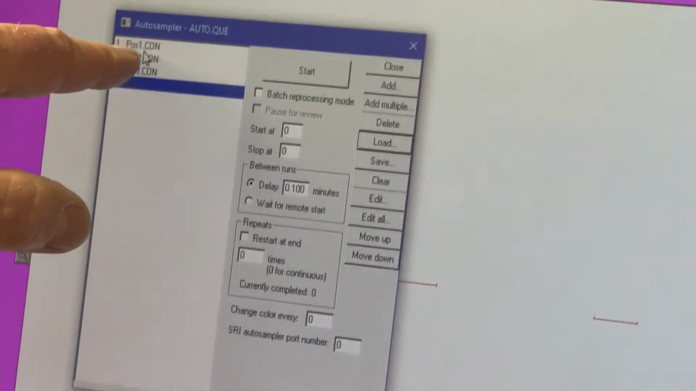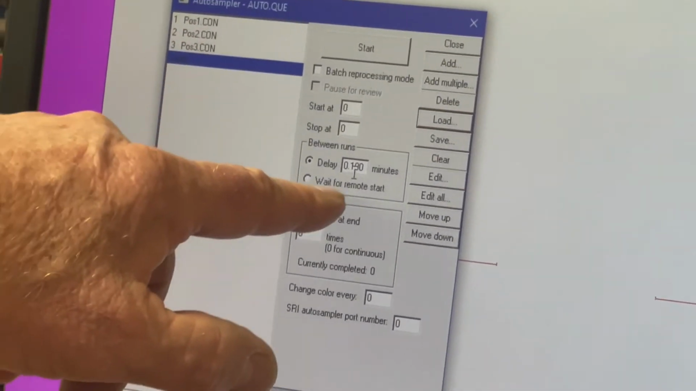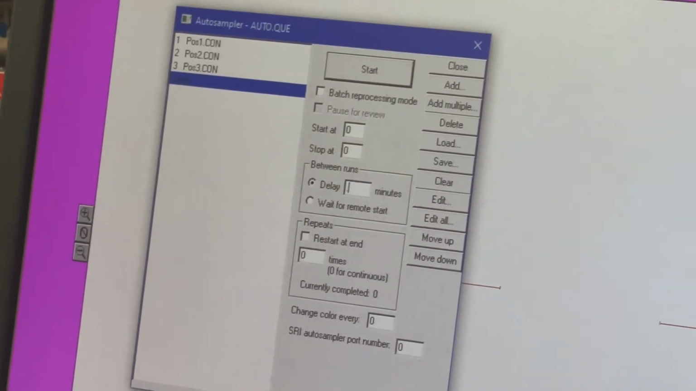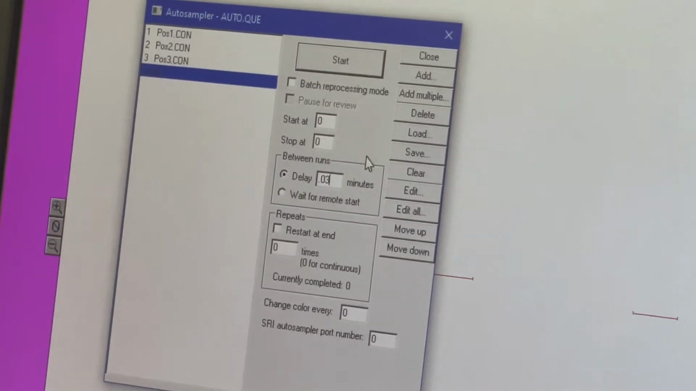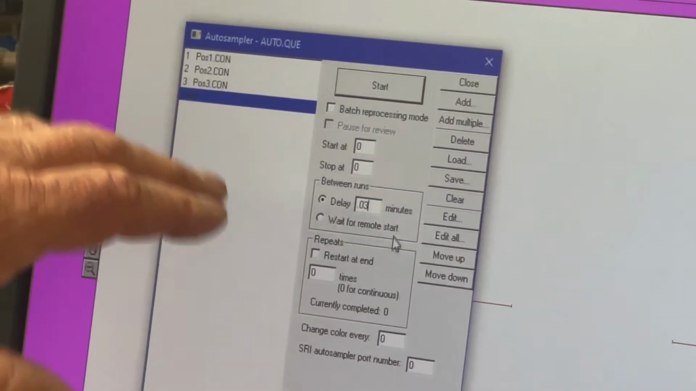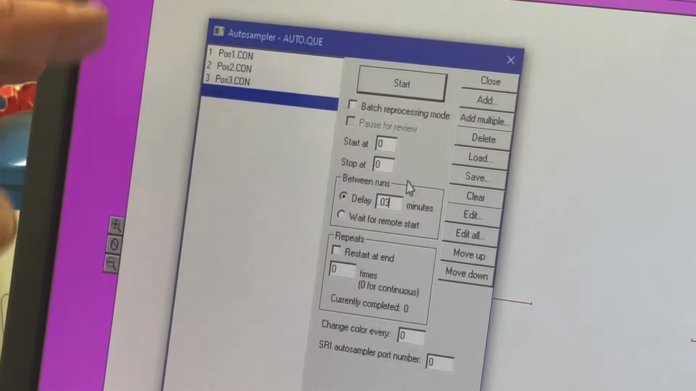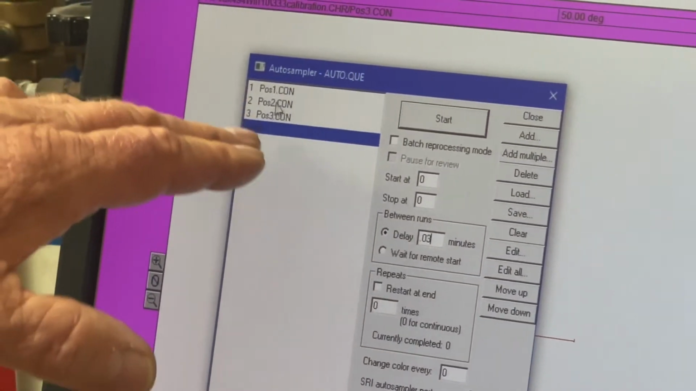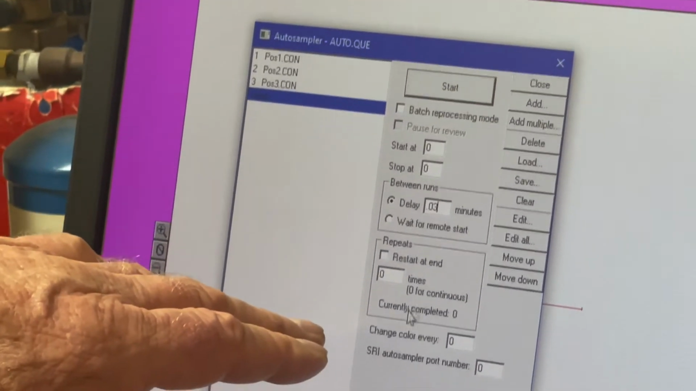the first control file should be loaded. It should wait 0.1 minutes. Actually, let's speed that up. I'm going to make that 0.03 minutes, just so it happens faster. I don't want to go so fast that you can't see what's happening, but there's no point in extra unnecessary delay either. So then it's going to go 1, 2, 3, and then if I tell it here to restart